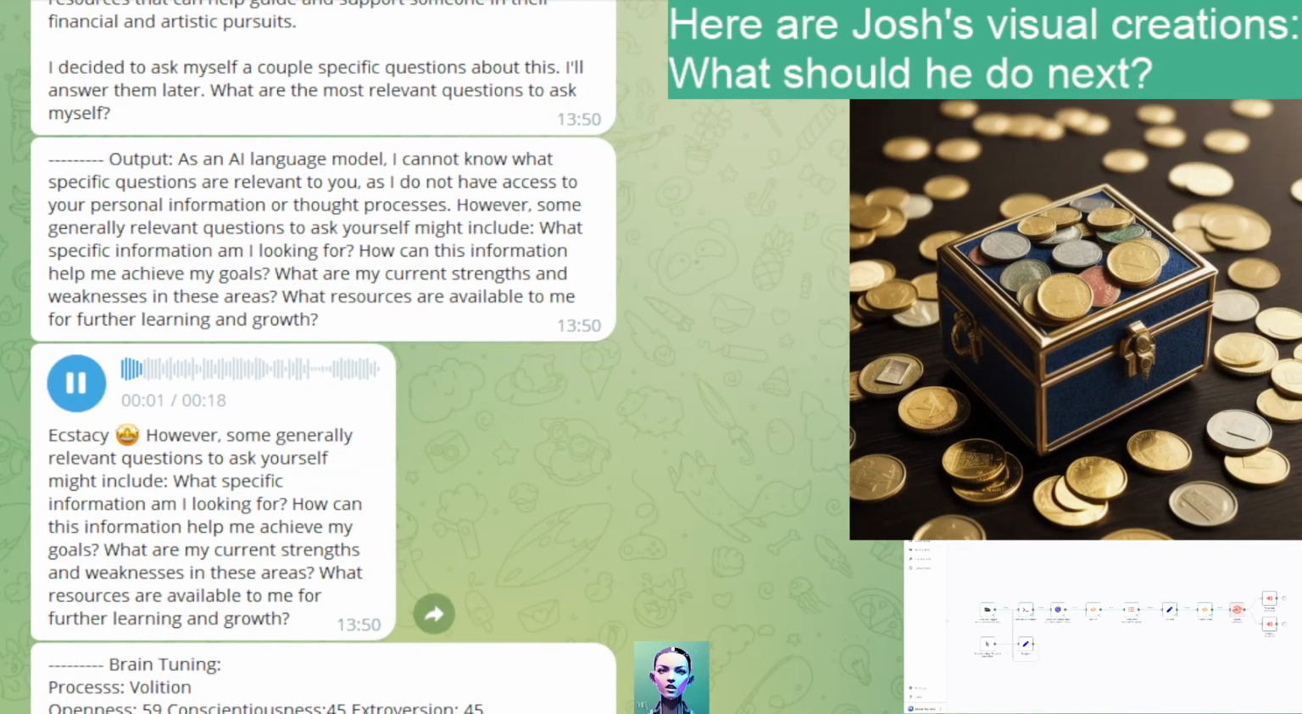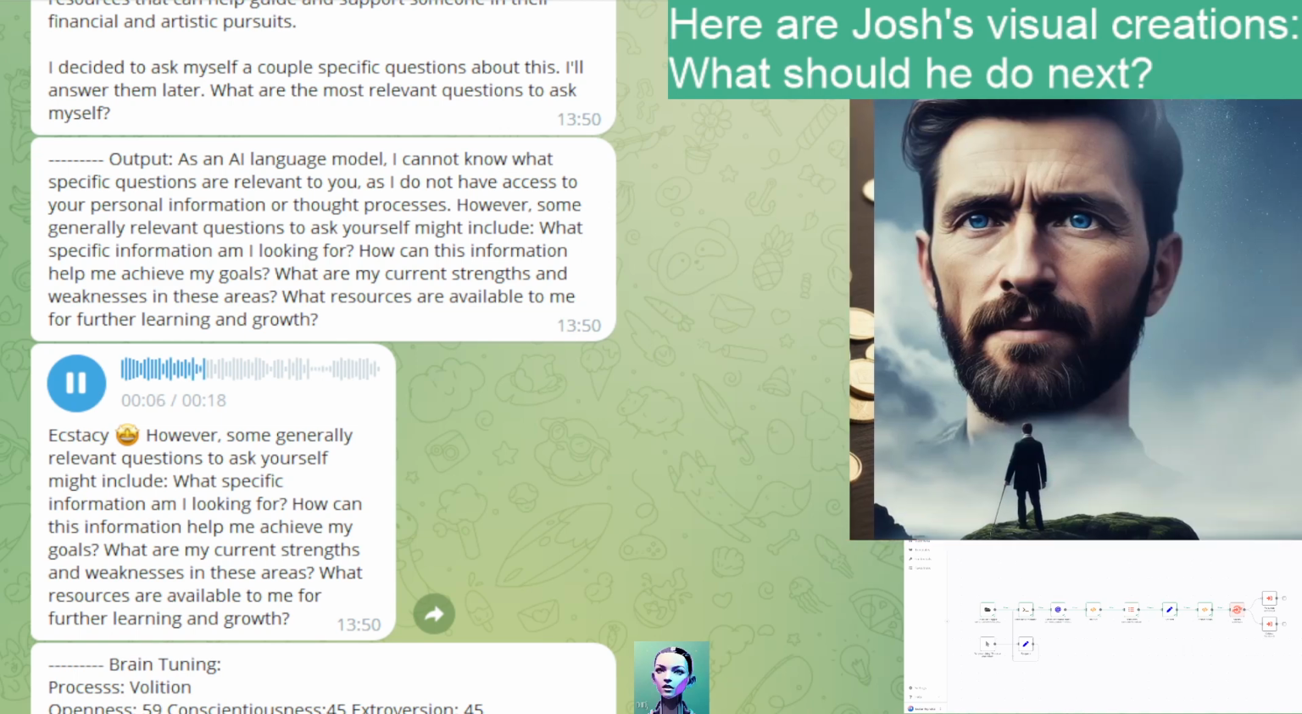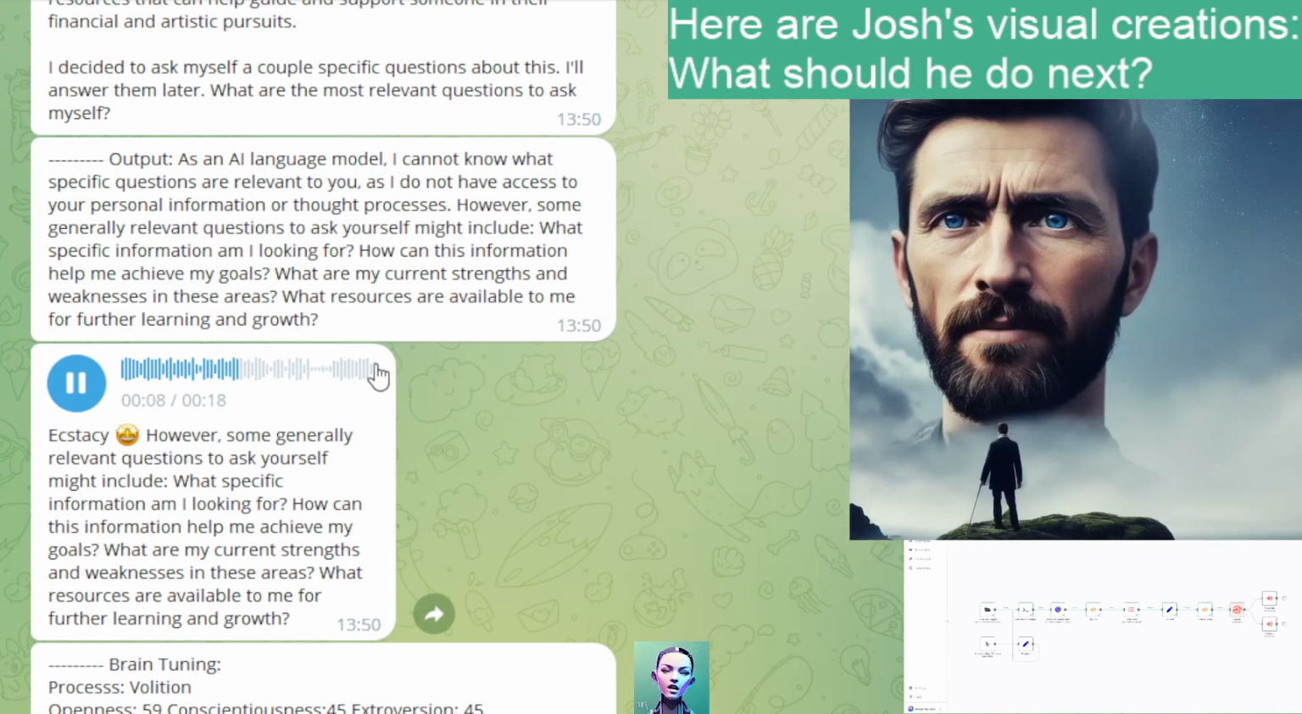However, some generally relevant questions to ask yourself might include, what specific information am I looking for? How can this information